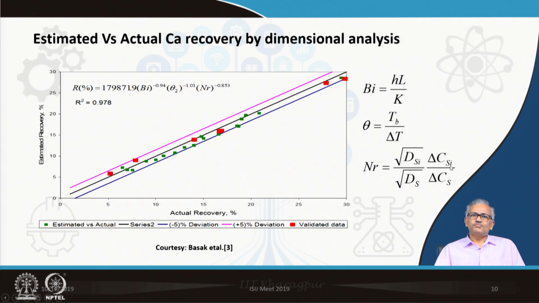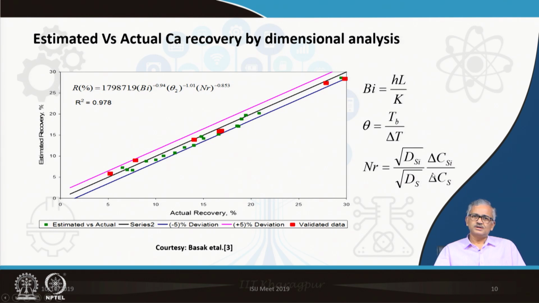Okay. Now, the mass flux through the concentration boundary layer, for silicon, we can define by the square root of D into delta Ci, where delta Csi is the concentration of silicon at the powder interface minus the concentration of silicon in the bulk. Basically, that is the surface renewal theory or Higbie penetration theory. From this you can calculate the mass transfer coefficient, which is directly proportional to the square root of D,